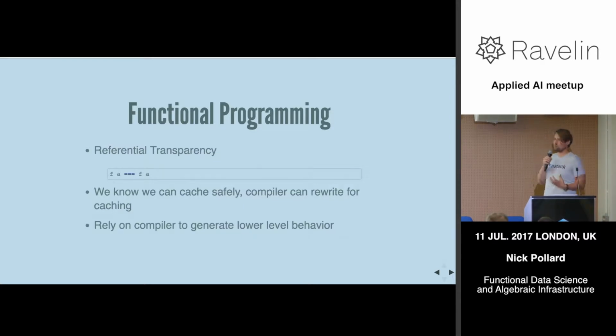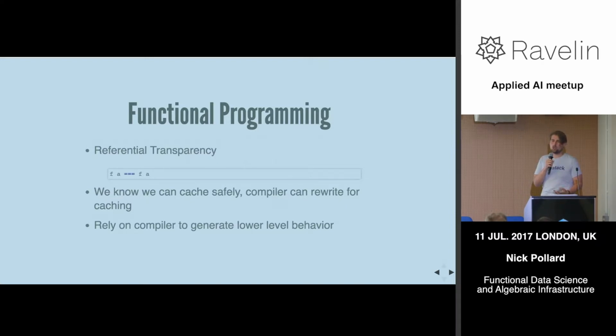We are asserting that this function is going to behave in this controlled manner. And many functional programming languages allow us to assert this property. And when we know that, not only do we as programmers know that, but our compilers know that. And they can rewrite the code that we're doing based on that property. So for example, if we call that function twice with the same value, the compiler can just call it once, cache that value, and reuse that value. Because we know mathematically that is a mathematical identity, right? We can change that and it's got the exact same meaning.